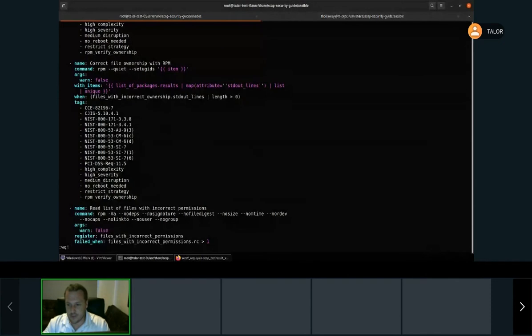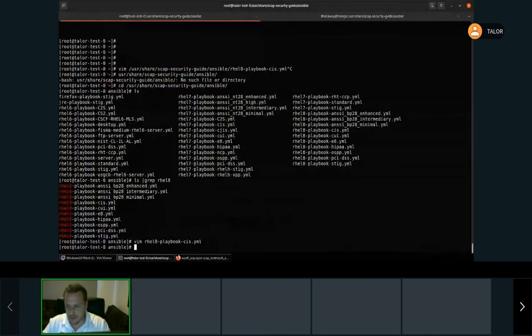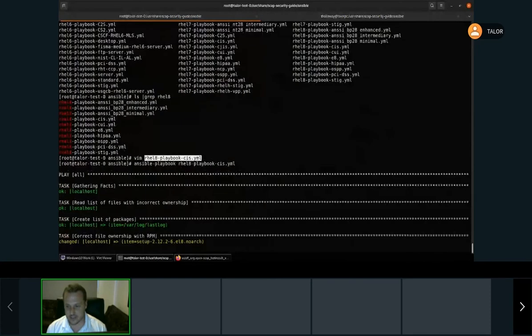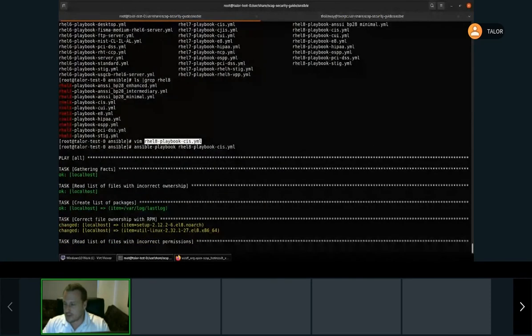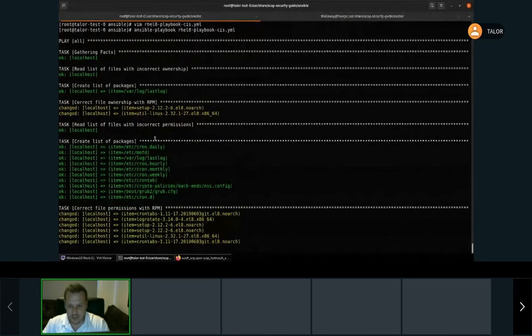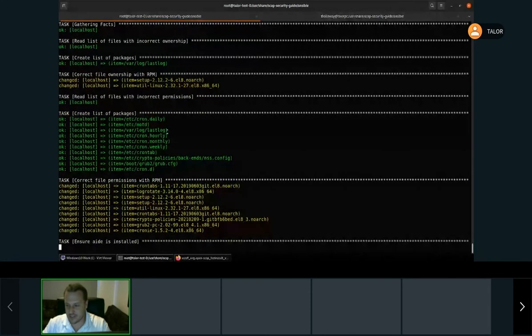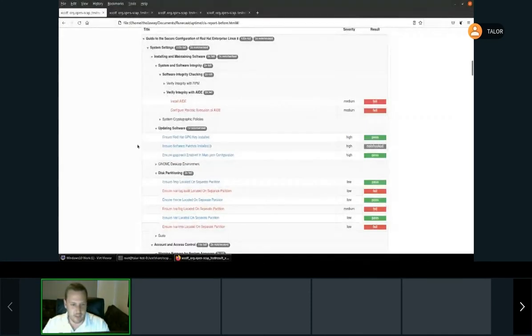So let's run the whole thing. We can just run ansible-playbook and then specify the Ansible playbook here and then run it, and it'll kick off and run all the hardening tasks against our system. For a system that's not been hardened, this takes around 10 minutes to run. For one that already has, it takes a little bit longer. So once this is finished, we can then run another scan, and here's one I prepared earlier